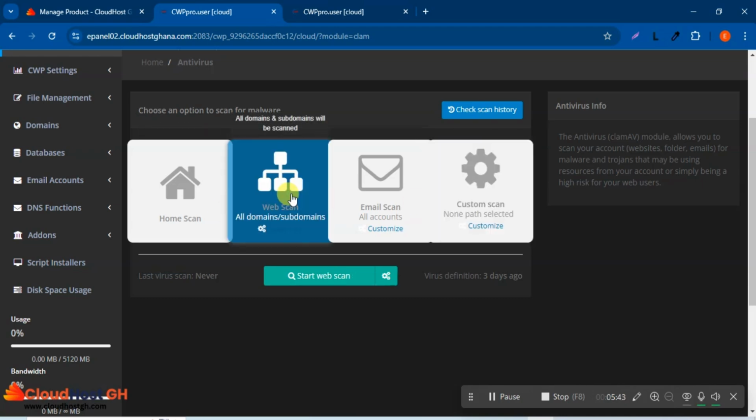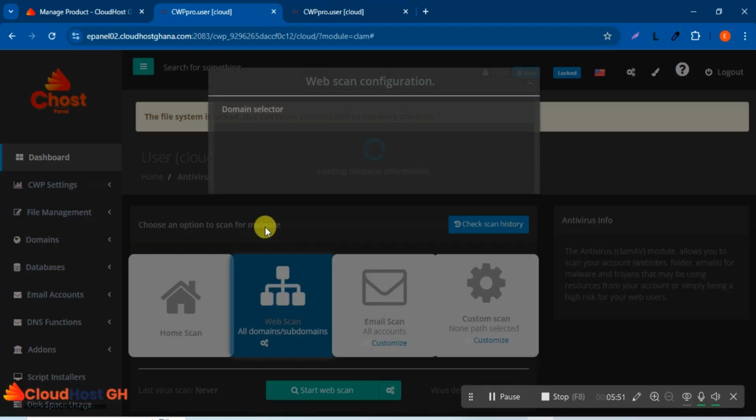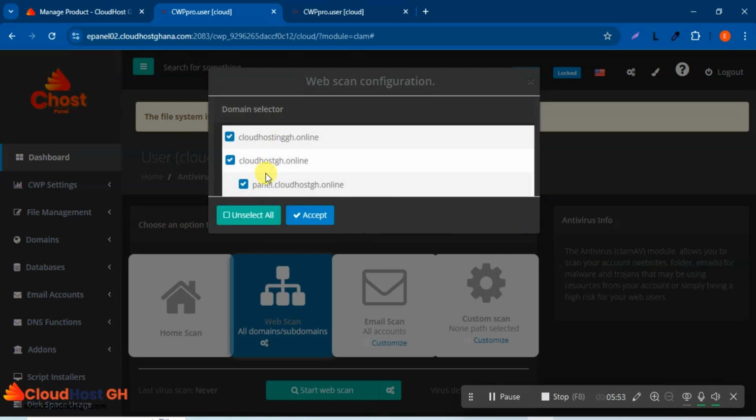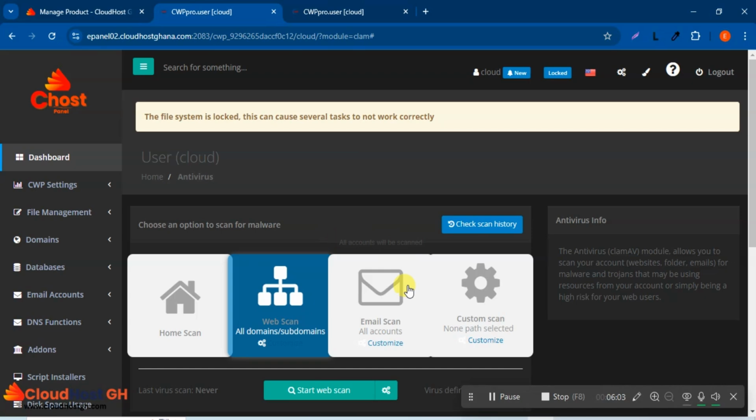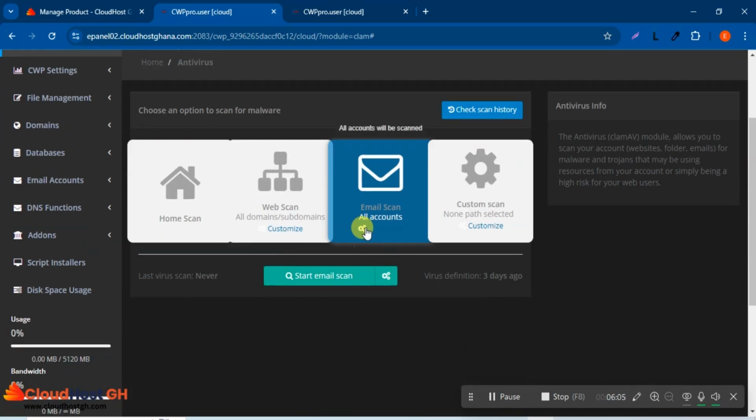If you want to scan this, I can just click here and start. Or I can click here to decide which of the domains I want to scan. I can uncheck all these and scan only this one, or I can select all and scan all the domains. Close that. If I want to scan email, I can click here